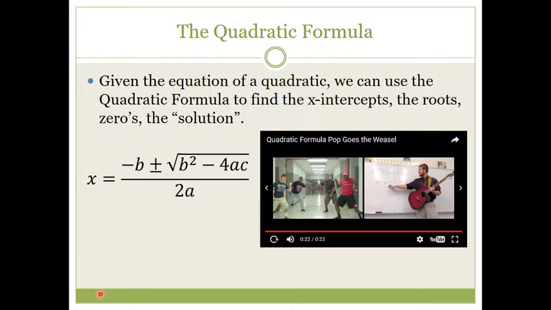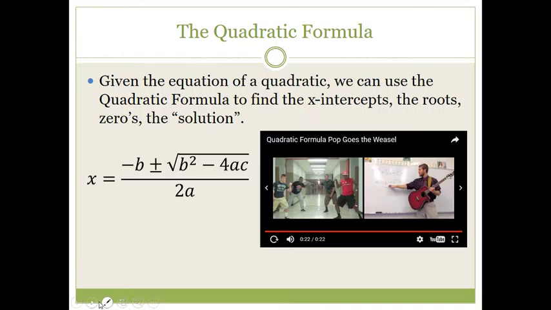Alright, so once again, there's the quadratic formula. And if any of you are really interested in where that came from and how to derive it, you can come to me and we can do a one-on-one session. I can show you where that comes from. But for now, all you have to know is that once you have a quadratic in standard form and you identify the a, b, and c, you can just plug it into this equation and then follow the order of operations to get your